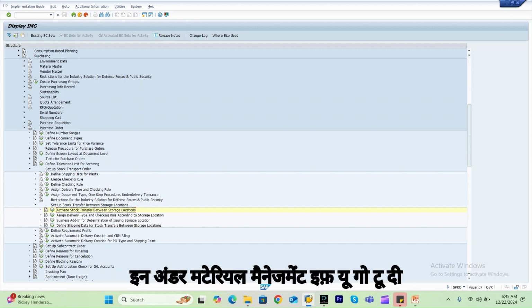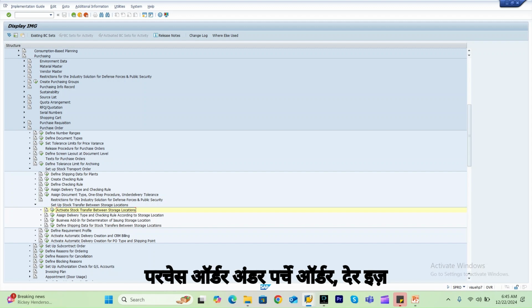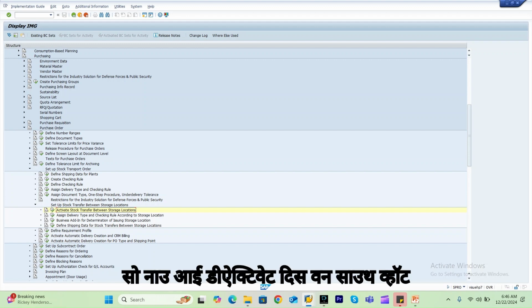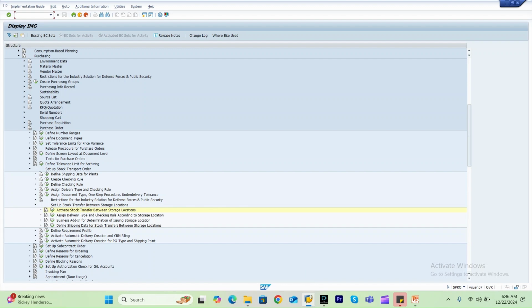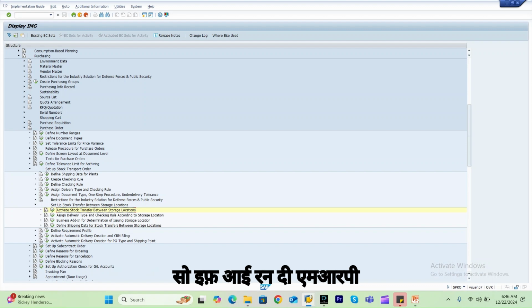Under Material Management, if you go to Purchasing, under Purchasing there is Purchase Order, under Purchase Order there is Stock Transfer Order, and under Stock Transfer Order there is Set Up Stock Transfer Between Storage Locations. Okay, so now I deactivate this one. So what will happen now? If I run the MRP,